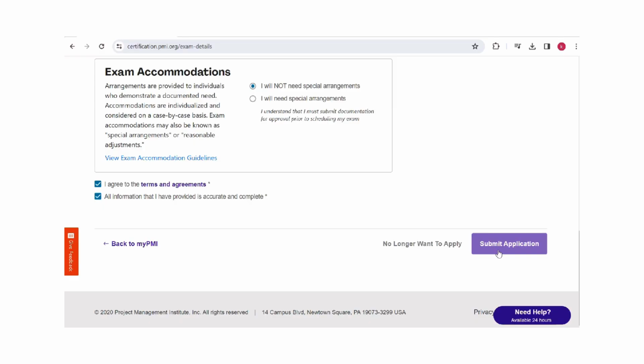So congratulations, you have successfully submitted your PMP application, and now just wait for 4 to 5 days until you receive information from PMI on your registered email address. You will receive a message saying it was either accepted or rejected, or you might receive something regarding whether you are audited or not. And during this process, if you have any question, you will see here Need Help, which is available 24 hours. You can always chat with this option over here, or feel free to reach out to me at